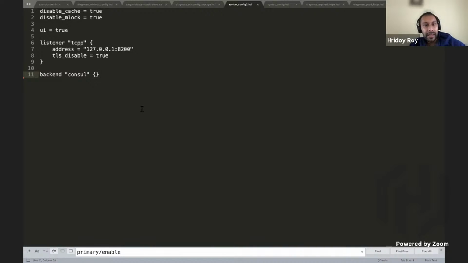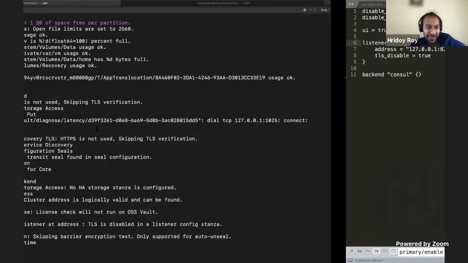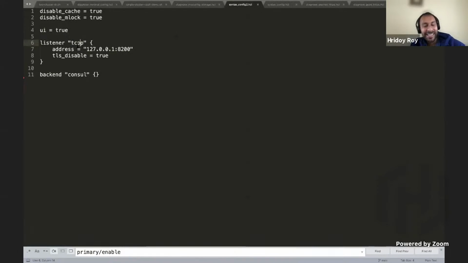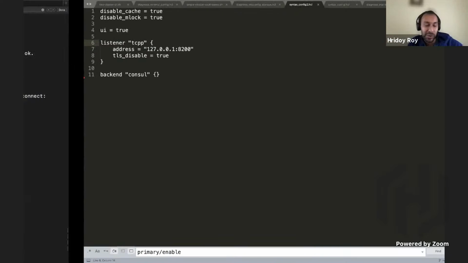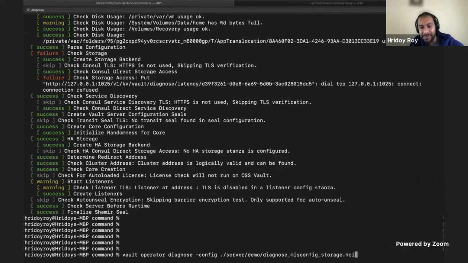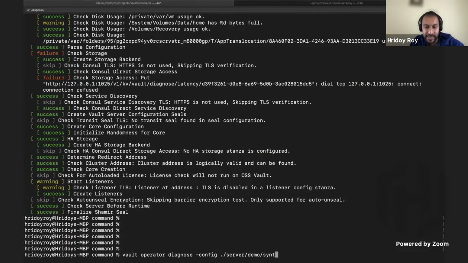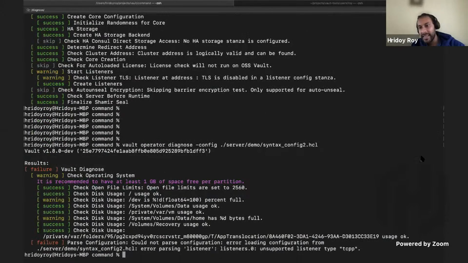So this third configuration is nice. Here we've got TCP, with this extra addition of a P. And so I want to pause here. This is a bit of a toy example, but one could get much more complicated files where it's very, very easy to make this sort of mistake. And I've forgotten what I've called this again. I think I've called it syntax config 2 for some reason. Syntax config 2. Yeah, and here we can see that